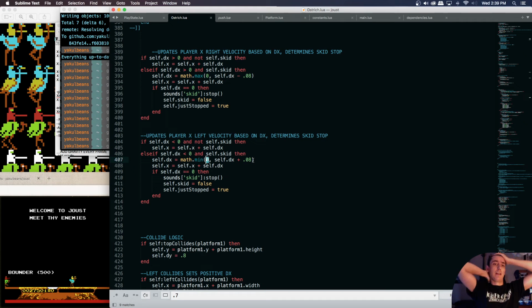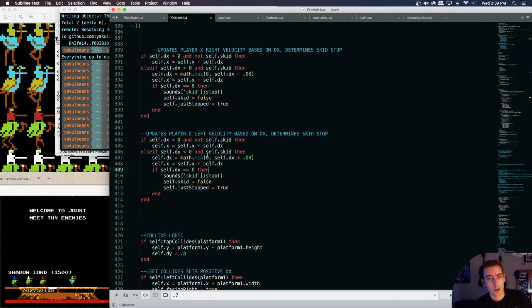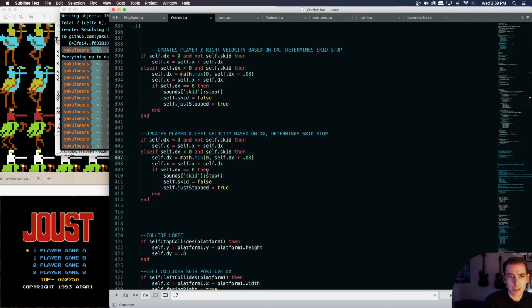I don't know why it's not turning false when dx hits 0, because at some point our dx goes, we're moving right and then we hold left. At some point our dx gets smaller and smaller and smaller until it becomes negative if I keep it held. So there should have been a 0 in there at some point, and the dx shouldn't have been able to get to be not 0. Or maybe we need to say,